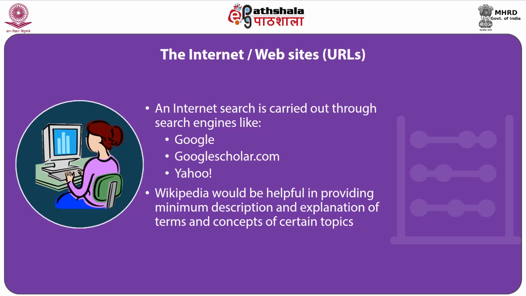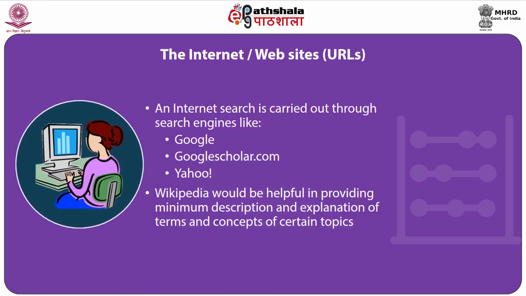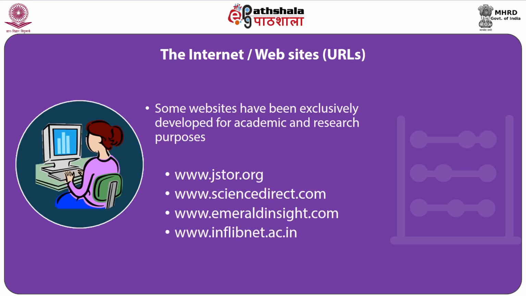Internet search is carried out through search engines like Google, Google Scholar and Yahoo. At times, Wikipedia, that is the online encyclopedia, is also helpful in providing a minimum description and explanation of terms and concepts of certain topics. Some of the websites have been exclusively developed for academic and research purposes. They include